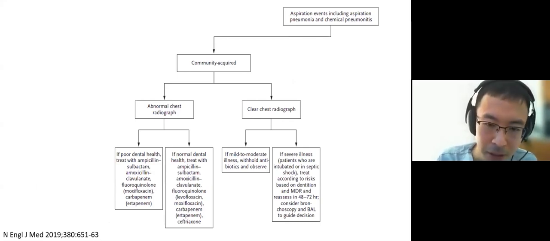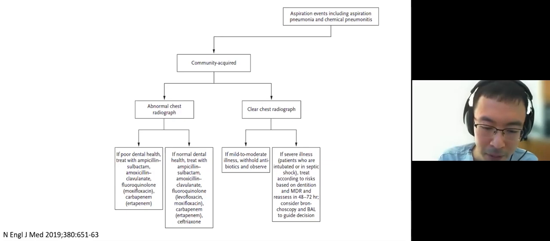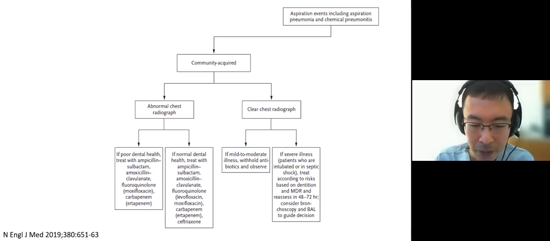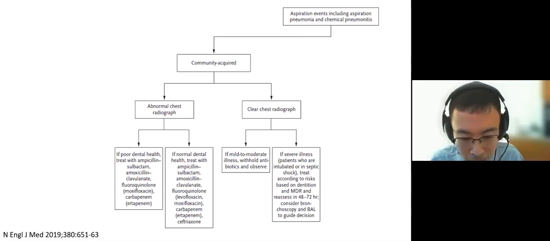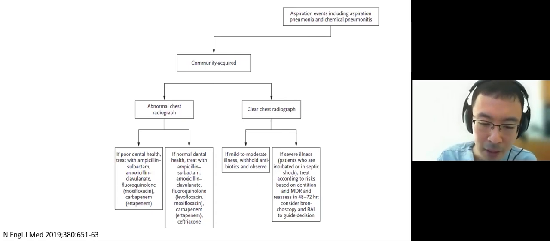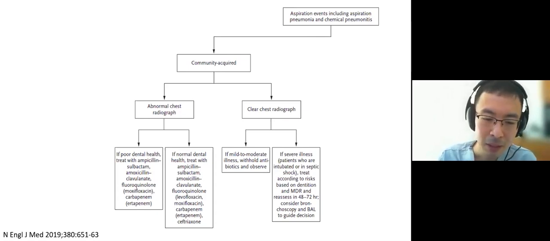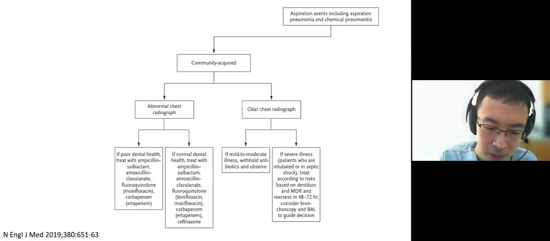So if the chest x-ray is clear and the patient is not very sick, then you don't give antibiotics. If the patient is hemodynamically unstable, then go ahead and give antibiotics. If there is an infiltrate or opacity on chest x-ray, then it is reasonable to offer antibiotics. But keep in mind that pure aspiration pneumonitis can also give an abnormal x-ray. So if the patient gets better quickly within 1 to 2 days, you can consider stopping treatment sooner because that's how pneumonitis behaves.